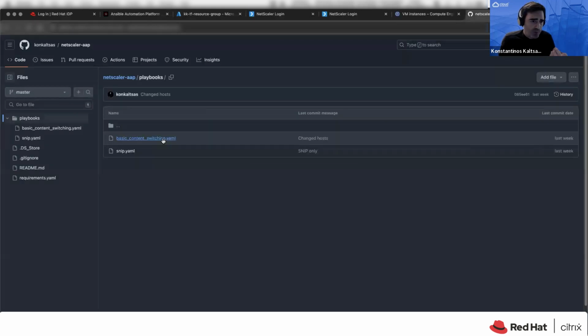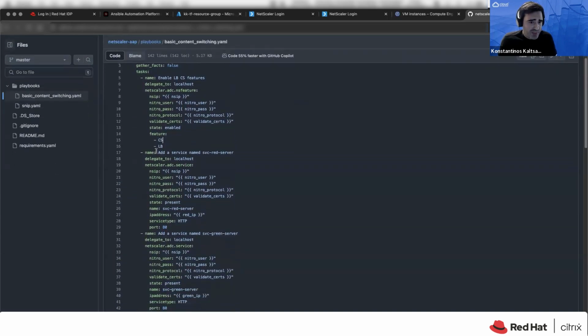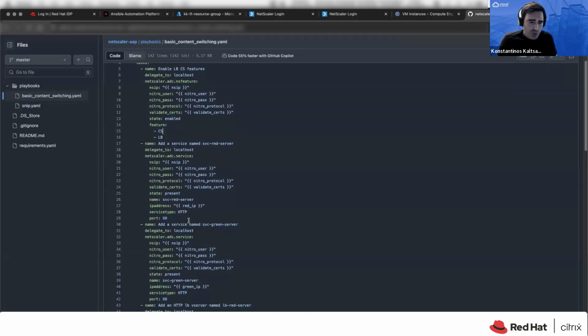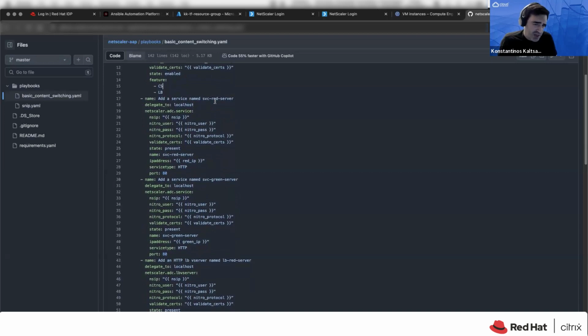So if I open my playbook here, you will see that I have asked the load balancing and content switching features to be enabled. Then I have asked to create a new service in each one of the NetScalers so that NetScaler can know how to reach these red and green, let's say, applications. Hence, I have created a red server and a green server.